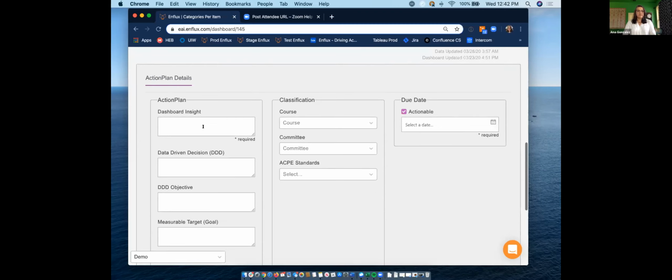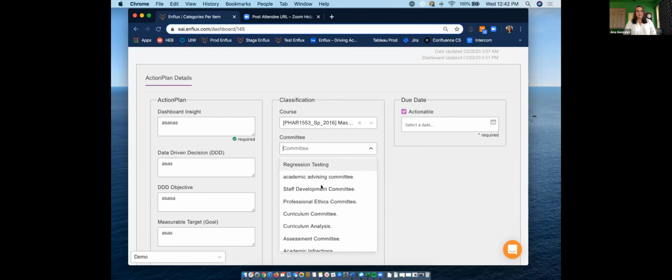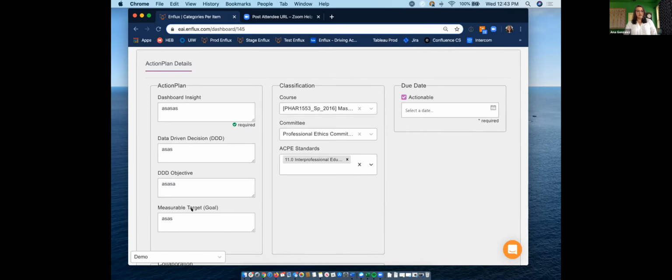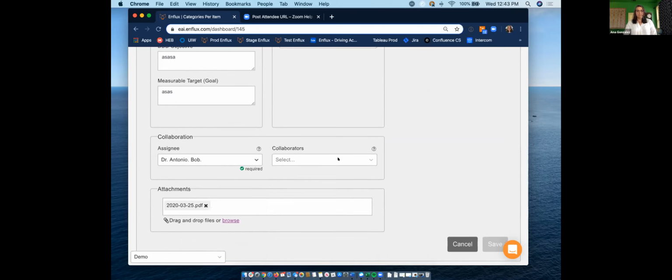Okay, I have to fill this out up here. I'm going to pick a course, and a committee and a standard. I'm just picking random stuff. And I'm going to pick Dr. Bob here to be the assignee of this action plan.